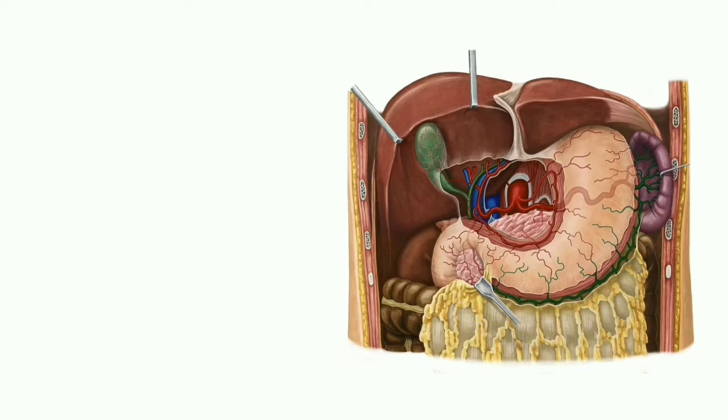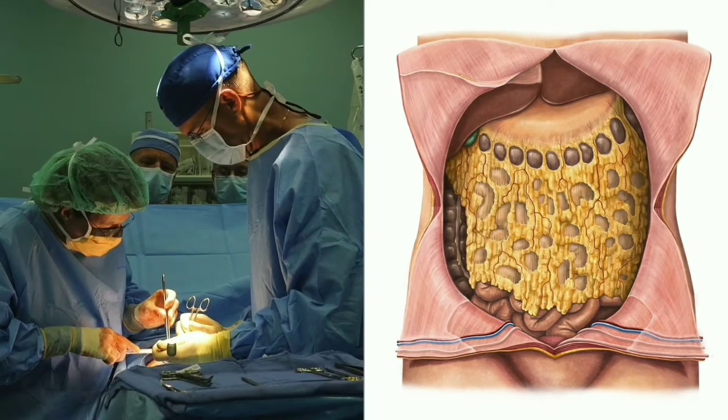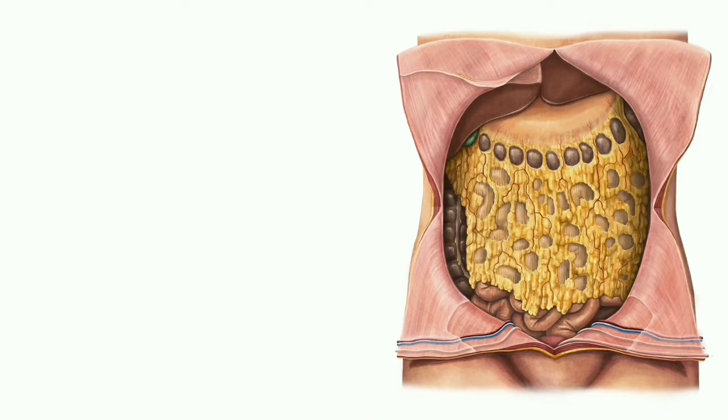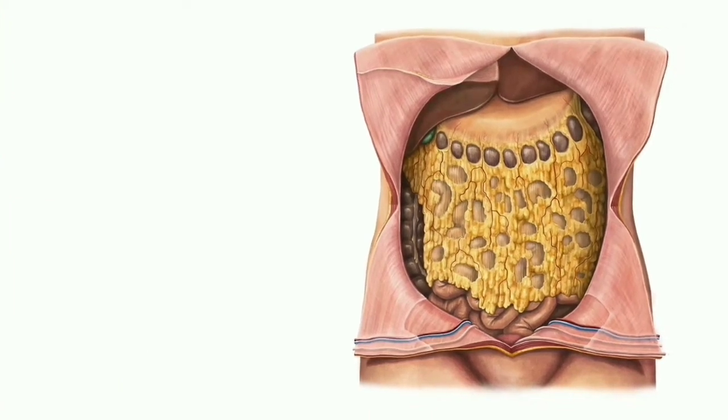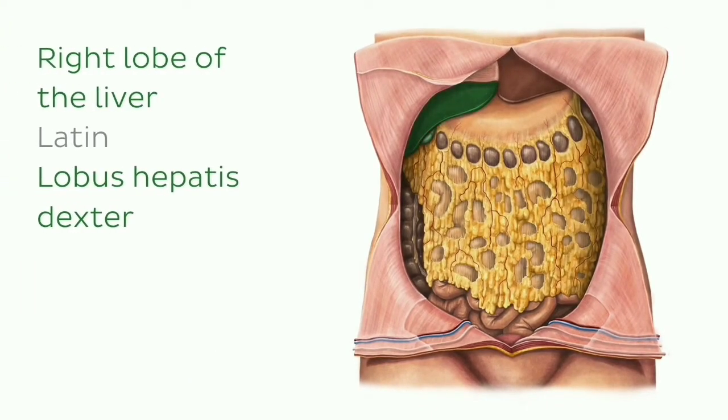Let's move on now to look at some relations or associated structures of the greater omentum, because knowing the relations of the greater omentum is really important in clinical practice when palpating the abdomen, and even more so in abdominal surgery. So let's go back to our original image and start with the liver, specifically the right lobe of the liver. So superior to the greater omentum, we can see the right lobe of the liver,